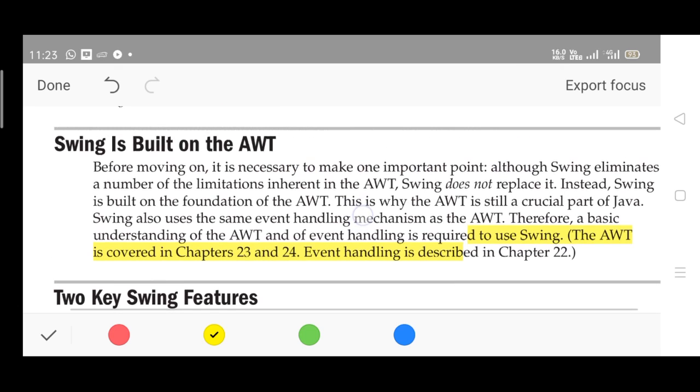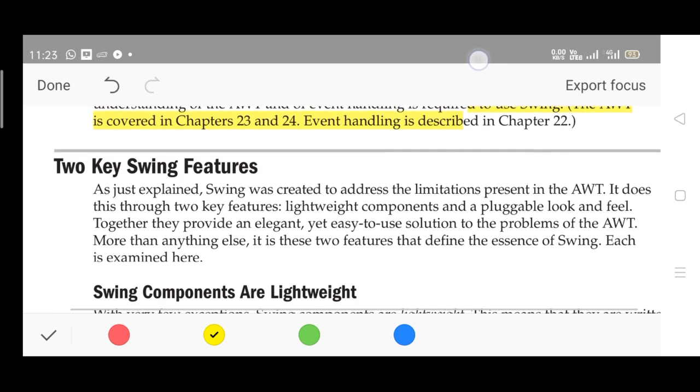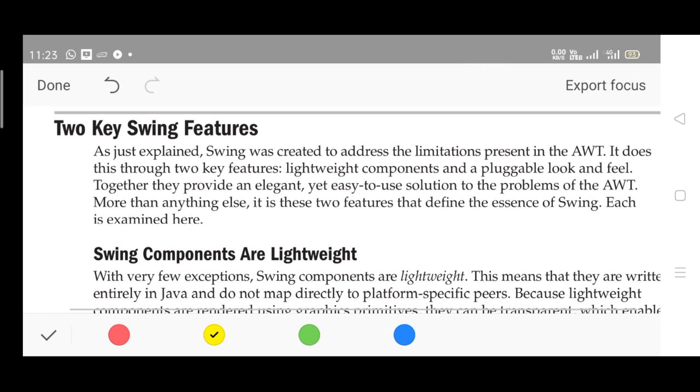Actually Java Swing is built based on the concepts of Abstract Window Toolkit. Next is the features, two key Swing features. Swing features.